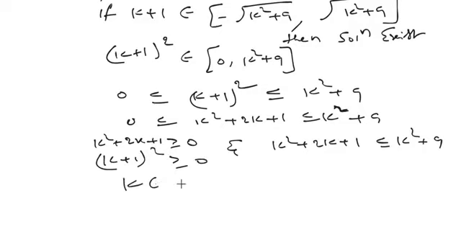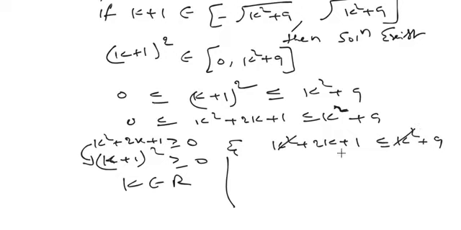That means k belongs to any real number, there will be no problem because this is always greater than or equal to 0. Let me explain once again. I have written this as (k plus 1) whole square. This should be greater than or equal to 0. You can see this is always greater than or equal to 0 whatever k value you take. So k can be any real number.